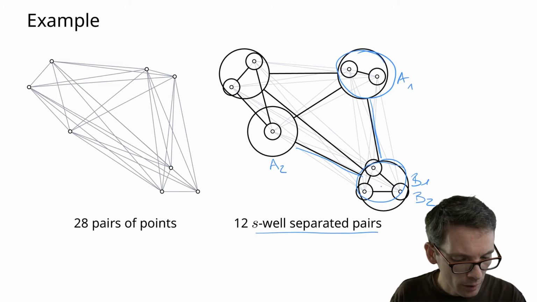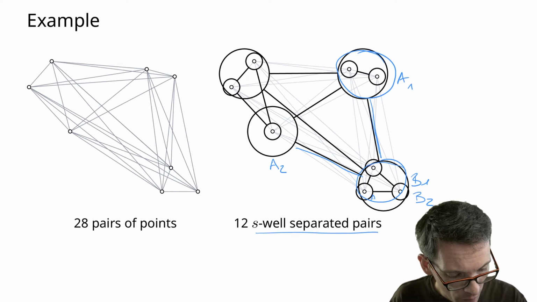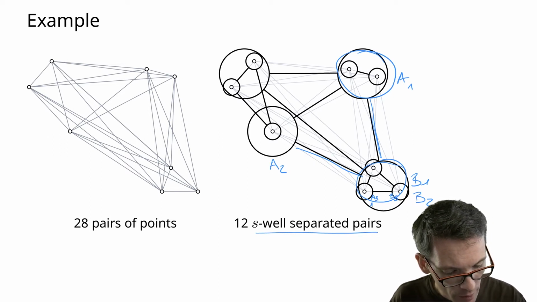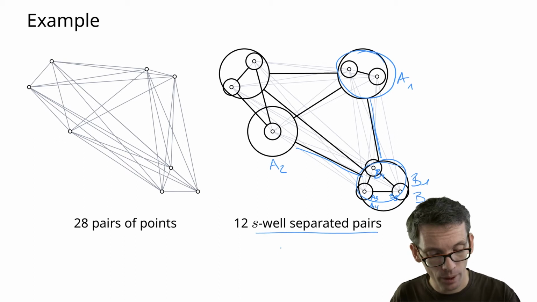In here, these are difficult to separate, so I need to have, let's say, just a singleton A3 and a singleton B3, a singleton A4, a singleton B4, and so on. And in that way I get this list of pairs,